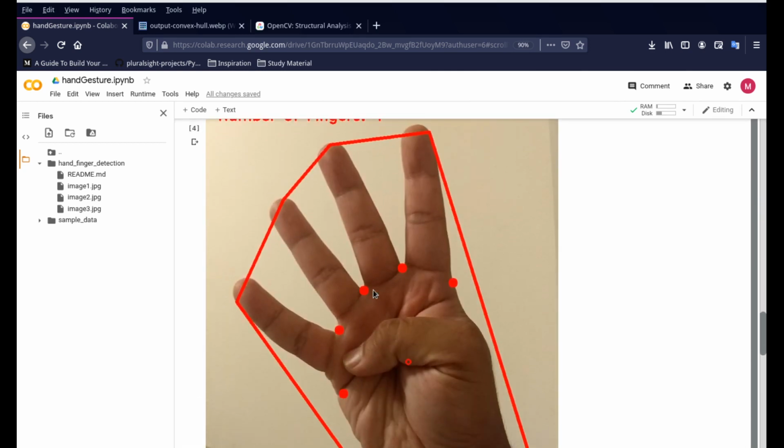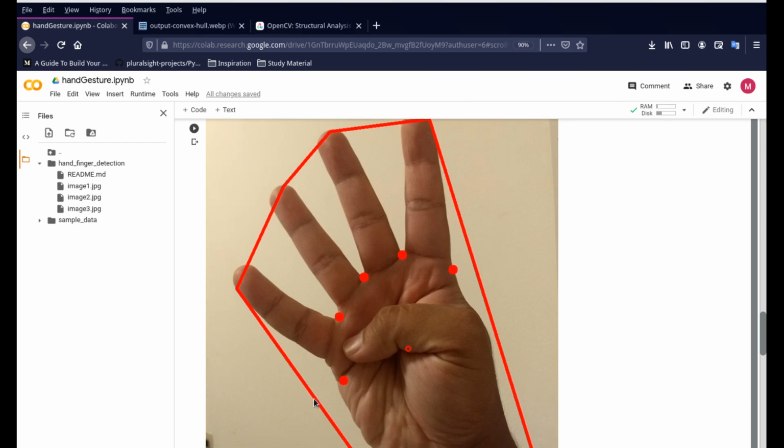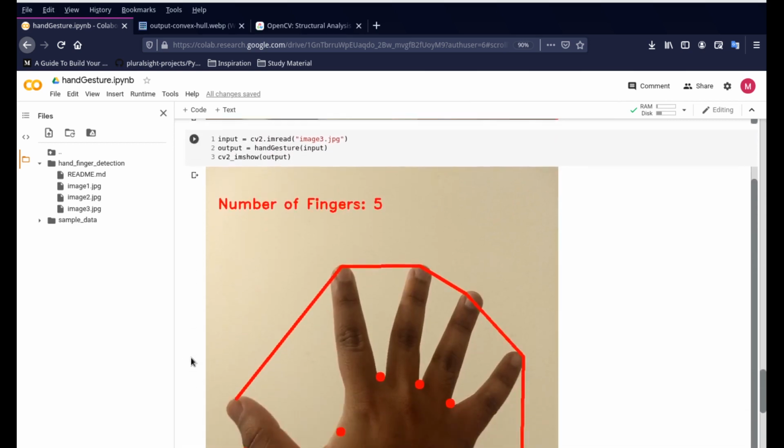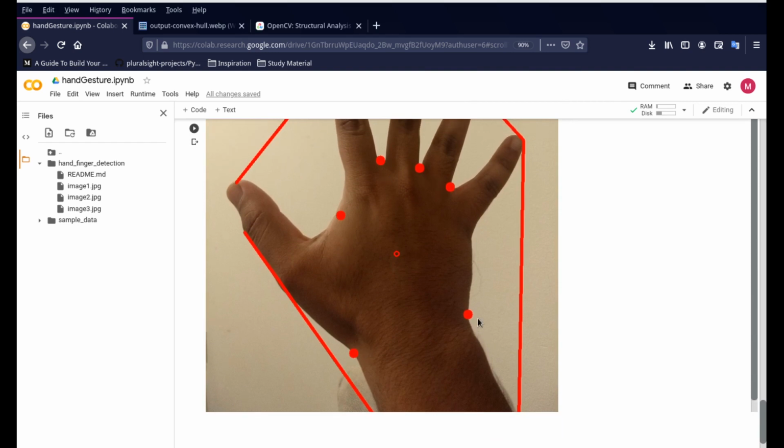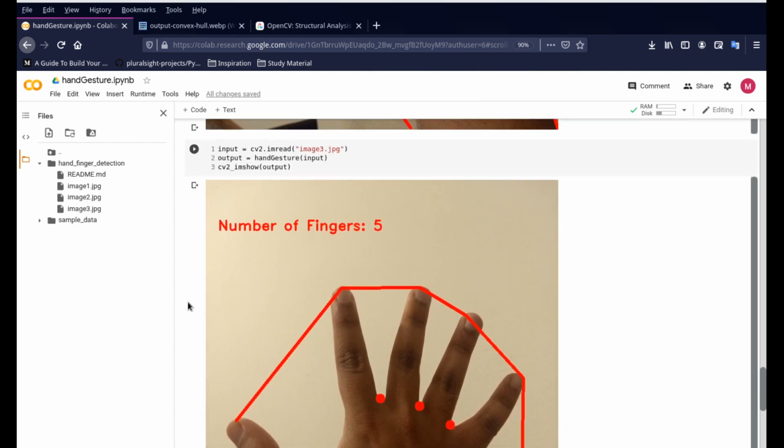Similar is the case here where you have 4 fingers, but it will give you 5 valleys. So 1 valley here, 2 valleys here, 3 valleys here, 4 valleys here, and 5 valleys here. So 4 fingers will give you 5 valleys. Similar is the case with 5 fingers where you'll get 6 valleys, and you're just counting it from 0, so 0, 1, 2, 3, 4, 5, and it's giving you the number of fingers present, which is 5, and that's about it. So it's as simple as that, but this algorithm is not using machine learning, it's using simple convex hull and contour detections to understand how to represent fingers.